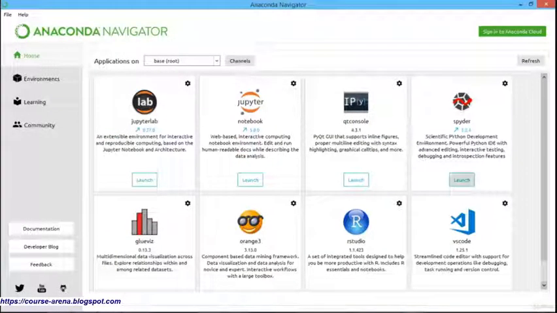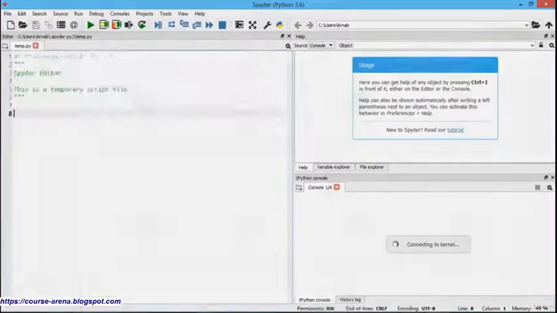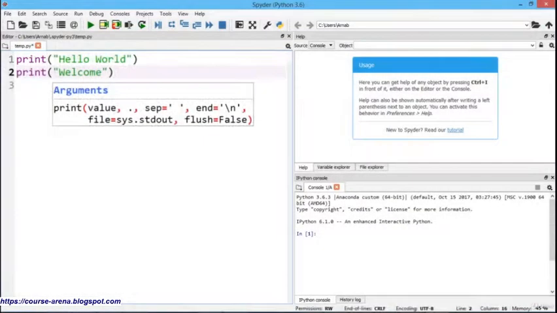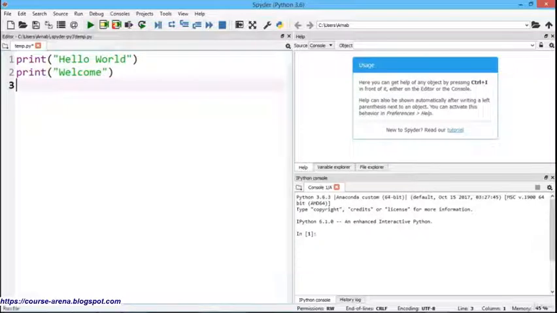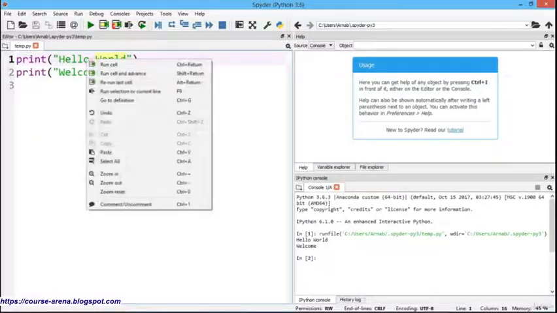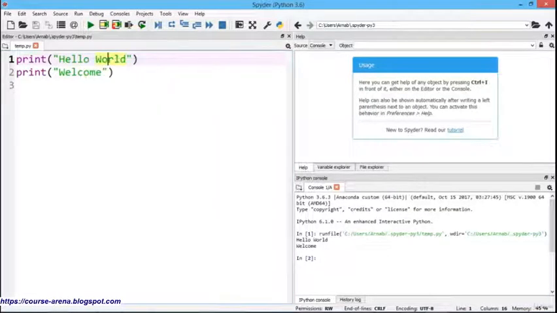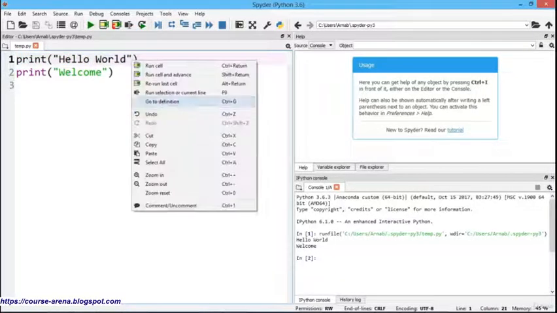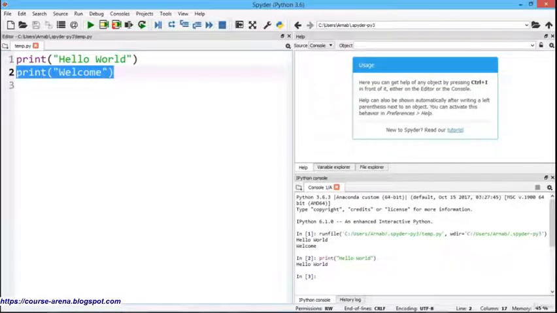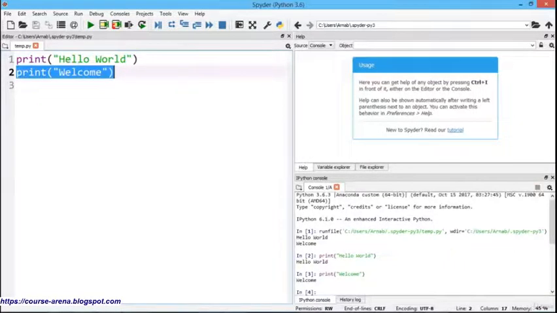Now let me go for the Spyder. So I'm using this part. Here you can see that the sessions are coming. This is the way in which we are typing, and you can go for the execution. You can find that hello world and welcome are getting executed. So there is another way to execute the same. Now you can find that we can go for the run cell. Only this particular line I'm selecting, and then I'm going for the run cell. You see, only the hello world has got executed. Now only this welcome has got executed. In this way also you can go for partial execution.